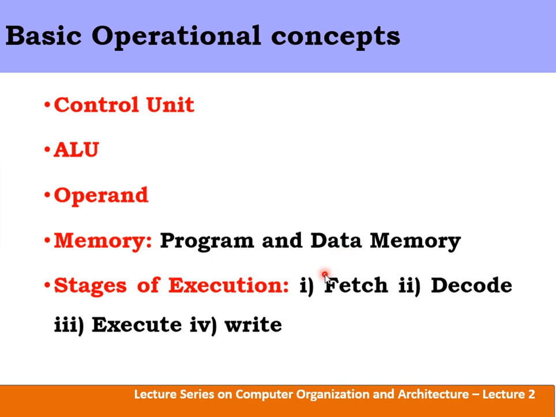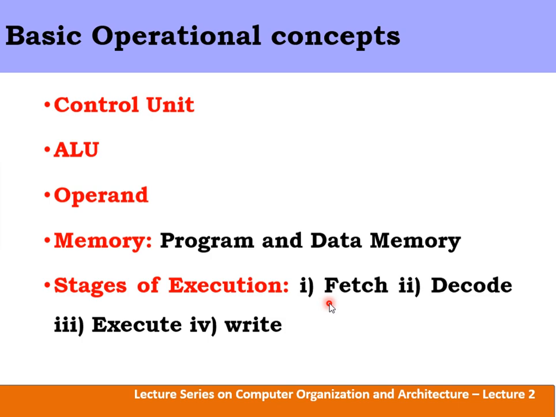Now we are going to discuss the stages of execution. Why do we require the stages of execution? When we want to execute any program, it will come across certain stages. Those stages we are going to discuss. Memory is going to store the program. If that program needs to be executed by the processor, then that program needs to be brought from the memory and then it will get executed by the processor. So which are the different stages it is going to come across while executing?